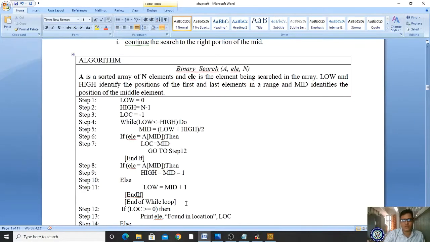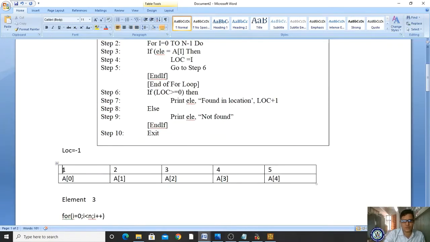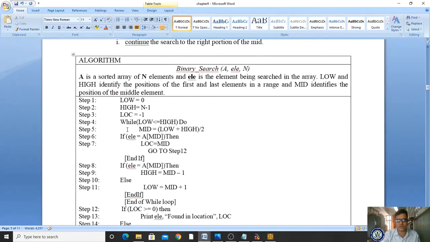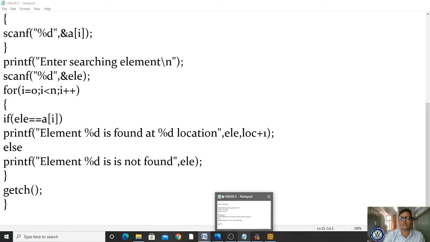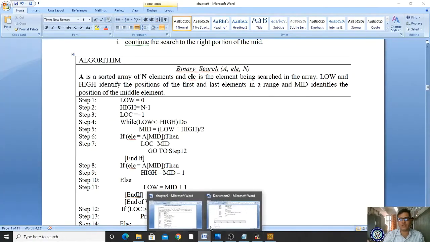Now what is the 0th element here? The 0th element is 1, and what is the highest element? 4. So 0 and 4, right? 1 less than 5, the condition is true. If the condition is true, I have to identify the middle value. How to identify the middle value? Here the condition is given: mid is equal to (low plus high) by 2. What is the low value? 0. What is the high value? 5. 0 plus 5 by 2 is approximately 2.5, but here we do not have any fractions, so you can take 3 as the mid value.